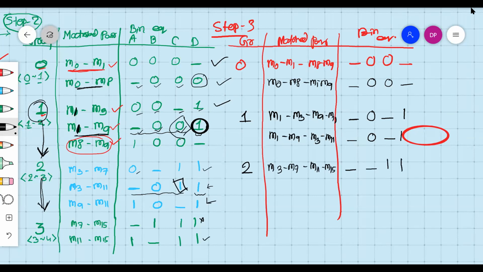Now check for the second one, underscore 0 1 1. Underscore 1 M3 1 and 1. M15. Okay, so it's not matching, or it's matching, right? So only this is the change we have, right? So M3 M11, right? M3 M11,